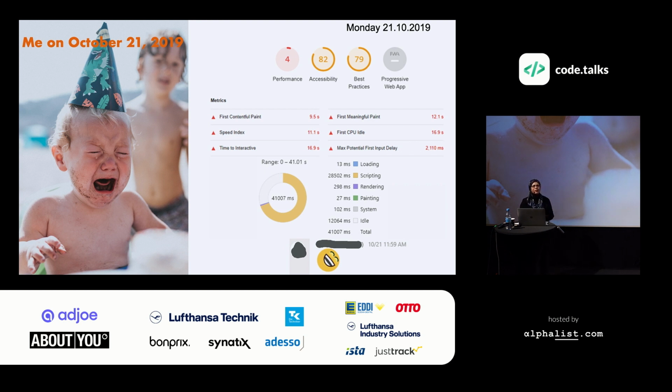But that's not what we are going to talk about today, because at that time, my Angular app was suffering from a terrible loading performance, and today our focus is on render performance. As you can see here, it took over 41 seconds to load the page on the browser. So before checking what you should do in order to avoid ending up crying just like me 4 years ago,